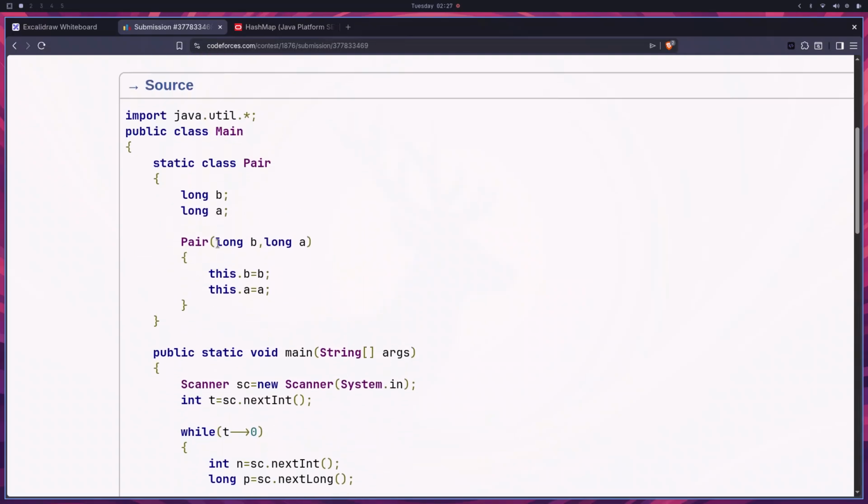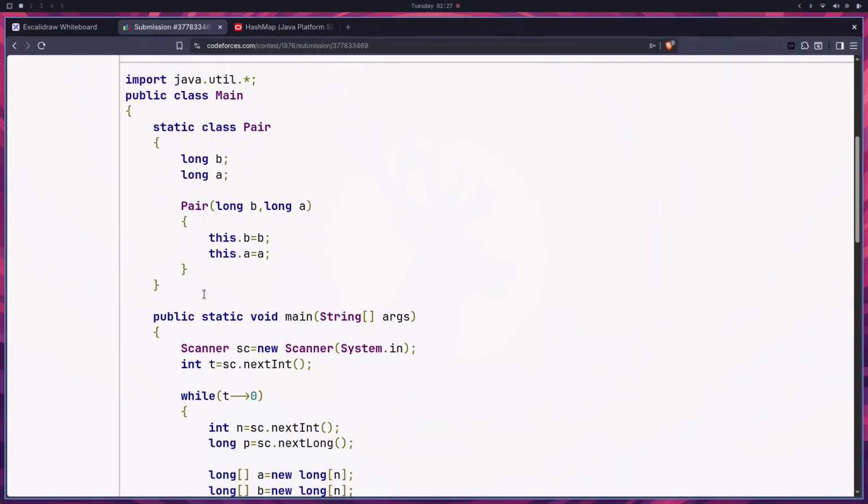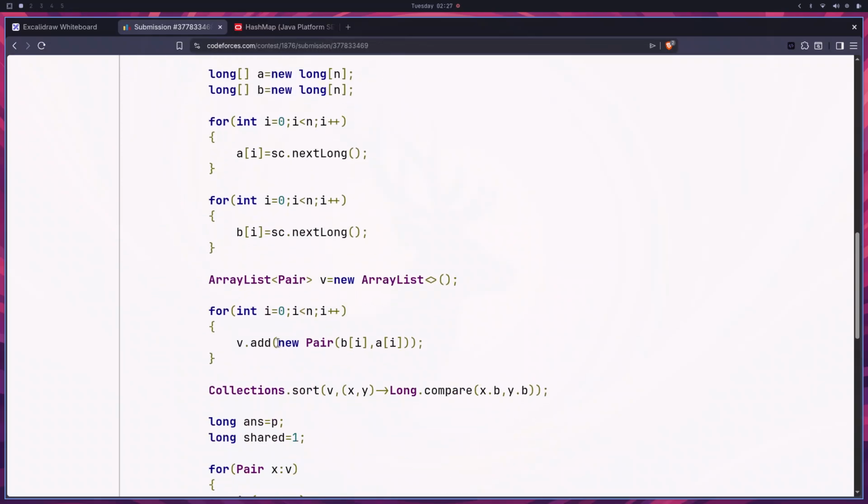So a constructor has no return type, because that's not what it does. And also it just initializes the value of the object when the object is instantiated. That means it is created into reality. It is made to exist in reality. Okay,